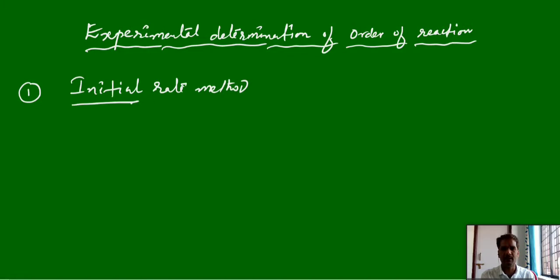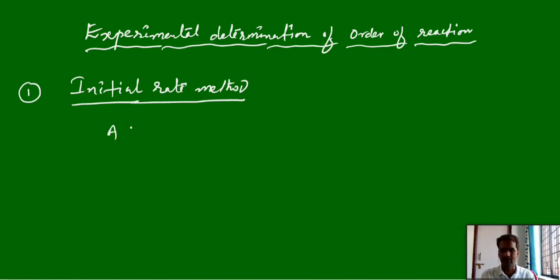How to identify by using this initial rate method? Here they will give the experimental analysis by changing the concentrations of the reactant and observing the change in rate. Then, with respect to the change in rate and the change in concentration of reactant in a given reaction, we can identify the order of the reaction. Already we have discussed this part. Again we will take up one question here, how to identify the order.